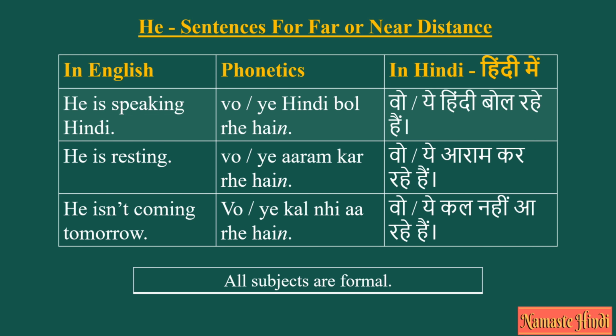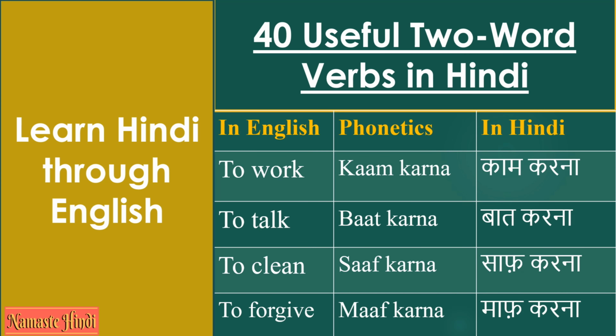He is speaking Hindi. For far distance, वो हिंदी बोल रहे हैं। For near distance, ये हिंदी बोल रहे हैं। He is resting. वो और ये आराम कर रहे हैं। He isn't coming tomorrow. वो और ये कल नहीं आ रहे हैं।